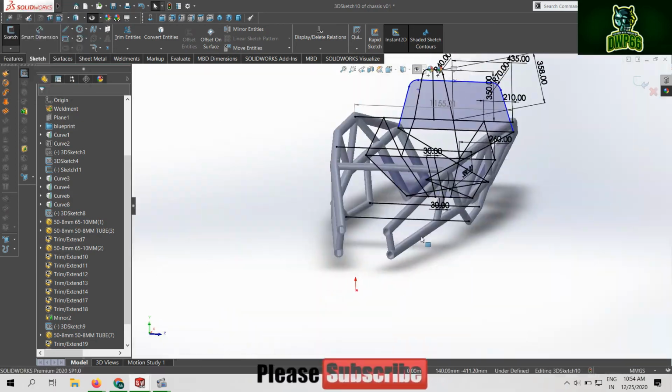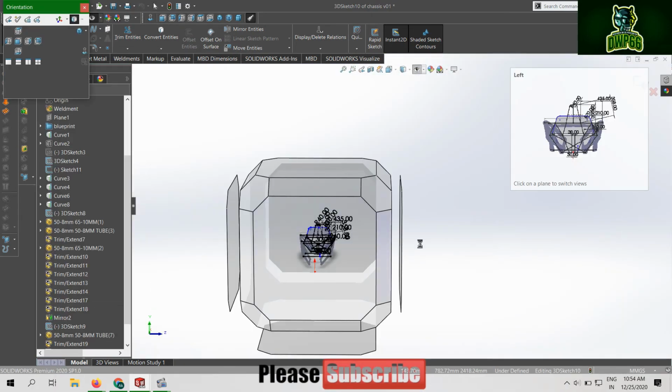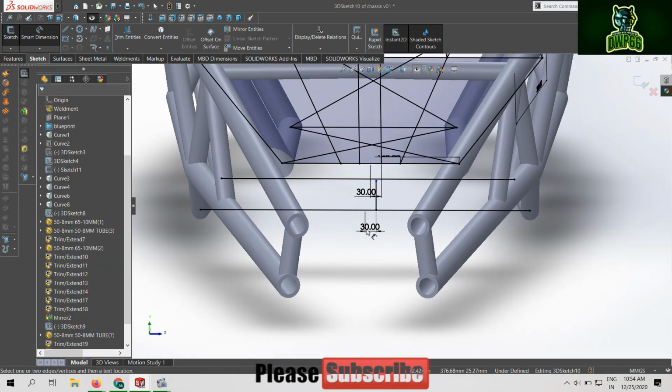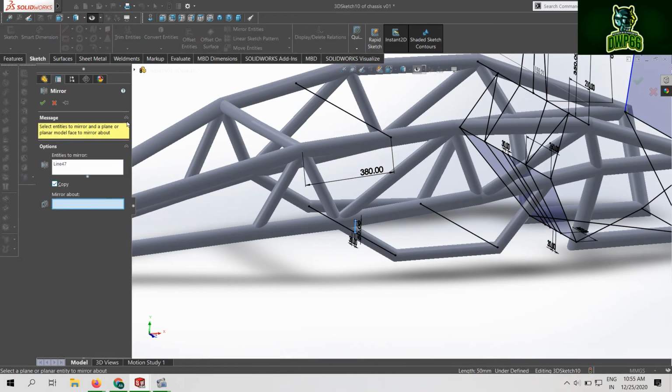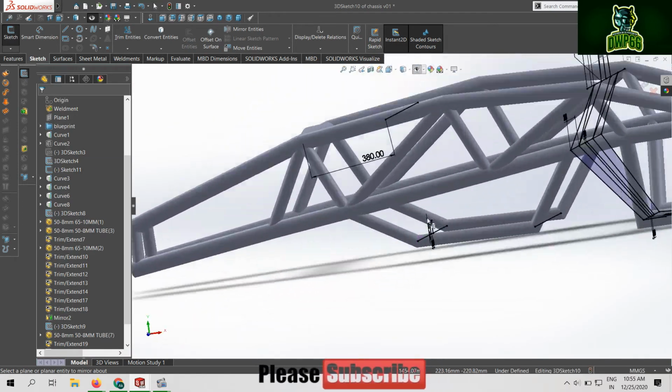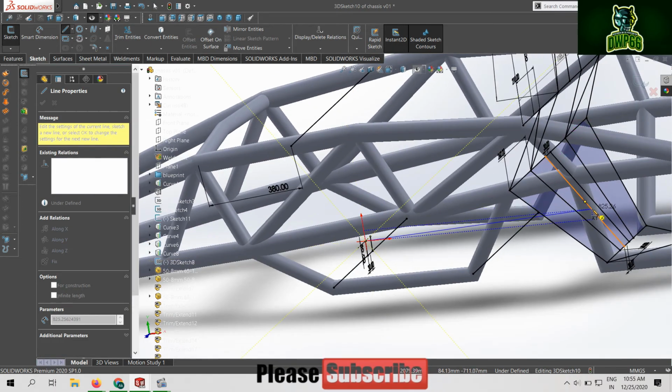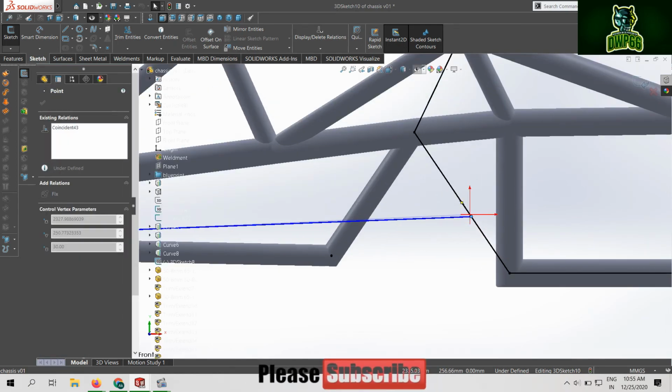Now for this line, it's horizontal with 50 mm height and distance from midpoint is 30 mm. This line will provide support to the pipe which we will use for joining the suspension mount. Also it will provide support to the body panels like bonnets and other parts.